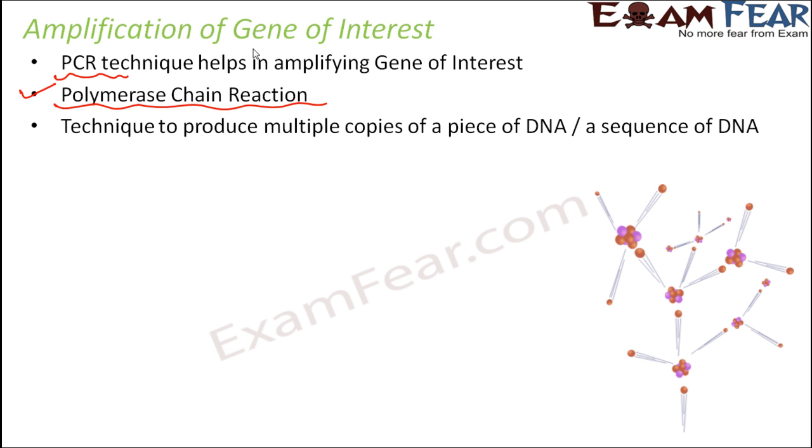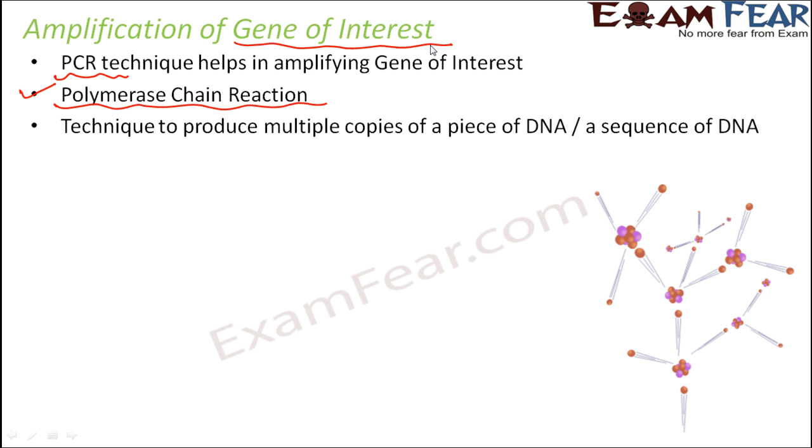So when we say gene of interest, what is gene of interest? It is nothing but a particular sequence of DNA. A particular sequence of DNA forms a gene. So our desired gene is the gene of interest. So now if we want to amplify that gene, what we mean is we want to create multiple copies of